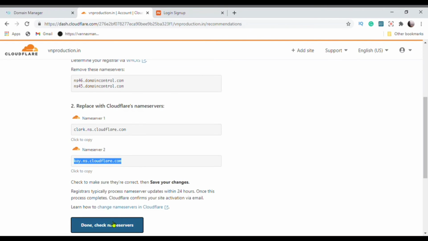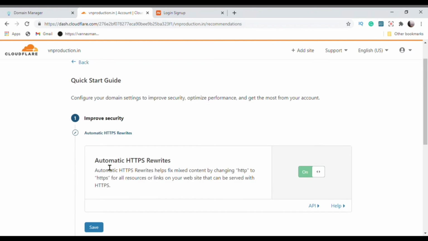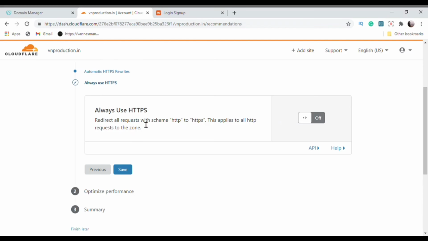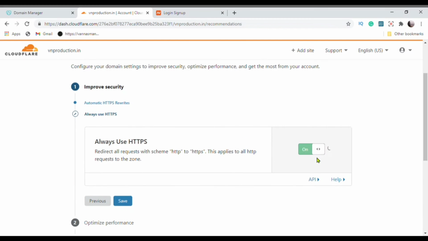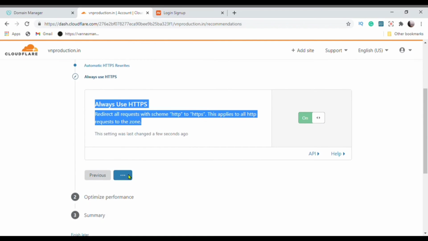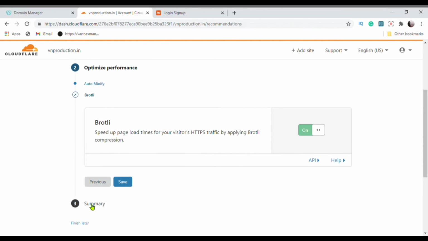Now before we check, make sure you toggle some important settings. Make sure you toggle this on so that the SSL certificate is on. Also make sure you enable this. This is very crucial to enable the SSL certificate on your domain. They provide you with a free SSL certificate, so make sure you toggle this. And also make sure you toggle all of these. If you are not using any other plugin for minification, you can toggle this on.